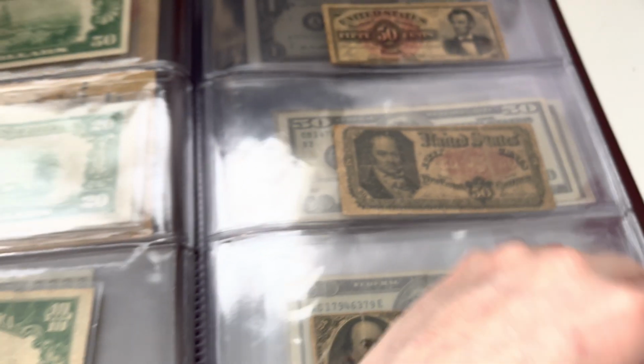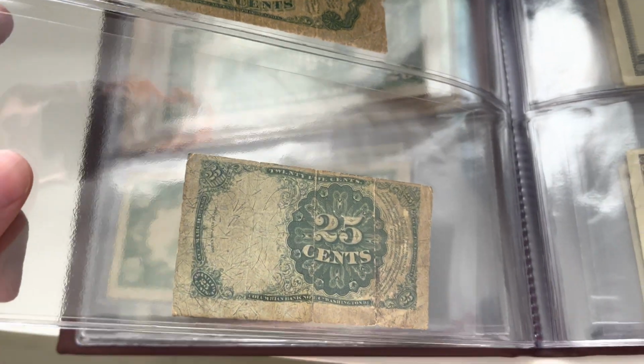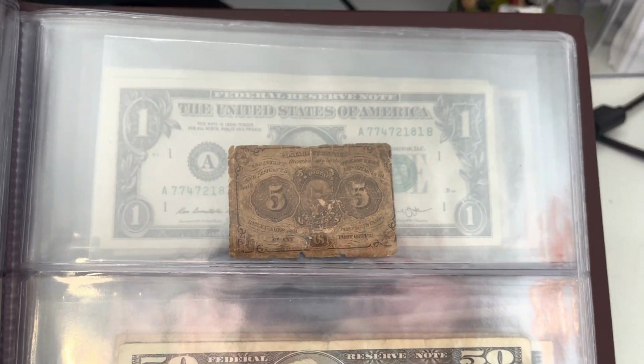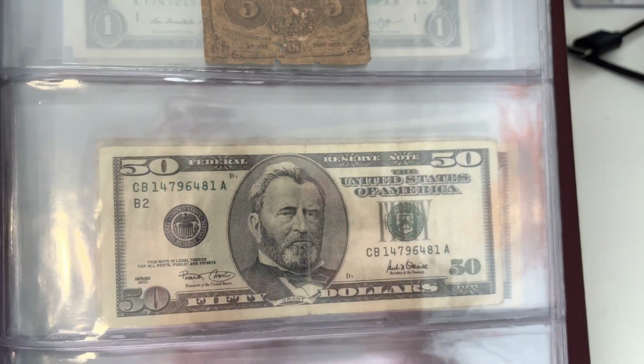So as you can see, all these kind of happened during or after the Civil War. That's because we used up a lot of our metal and a lot of our people, more the American people, kind of died. So that's why we had to resort to paper. Here we have,